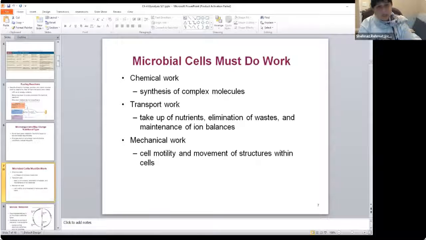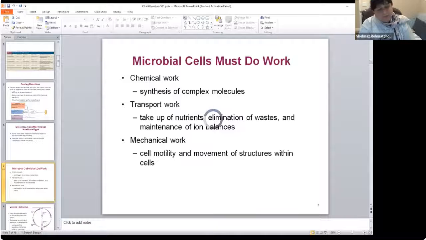Each cell has to use transport systems for transport work, where nutrients are to be taken in